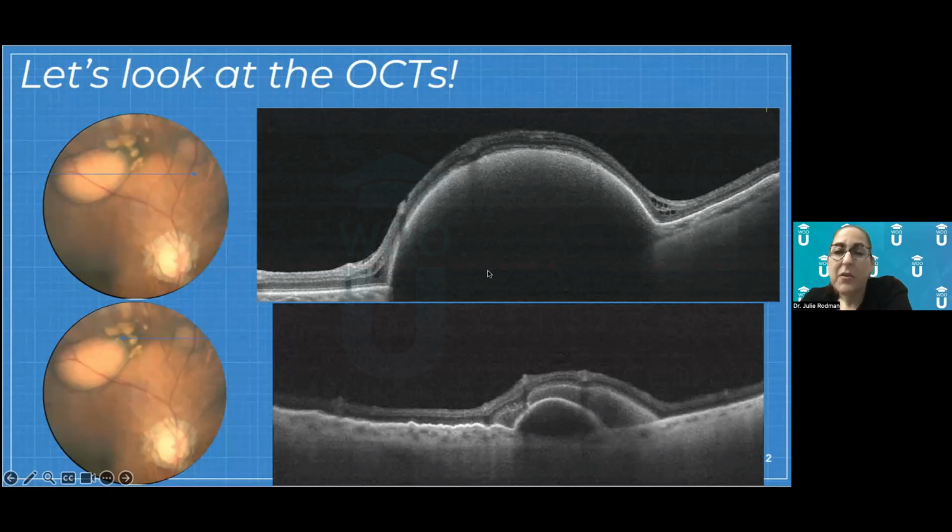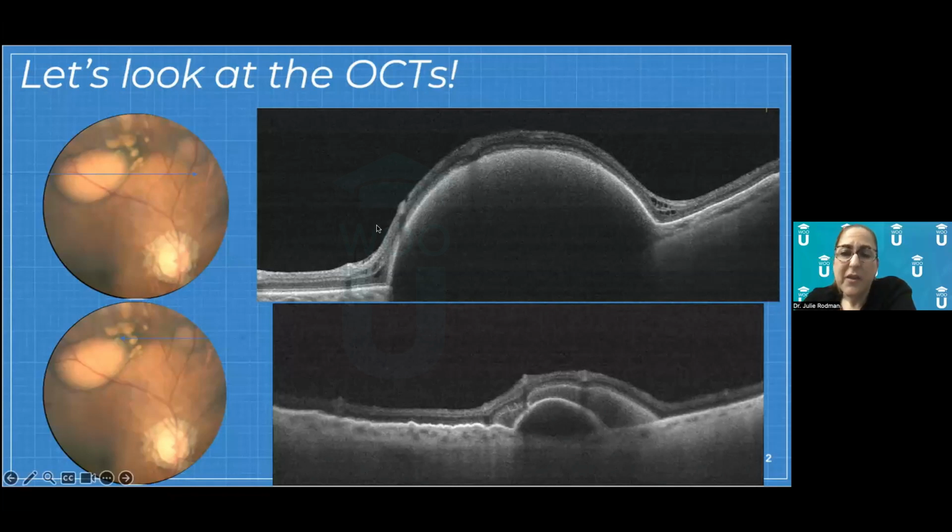And then you have another one where you have what we call hemorrhagic or fibrovascular, where you have some blood in it and you have some serous fluid in it. So this, if anything, simulates a fibrovascular or hemorrhagic PED because there's multiple colors in it, right? We have this white hazy part, and then we have the darker part underneath it. So I'm thinking that this is a massive PED that definitely has different components in it, blood and probably some serous fluid.